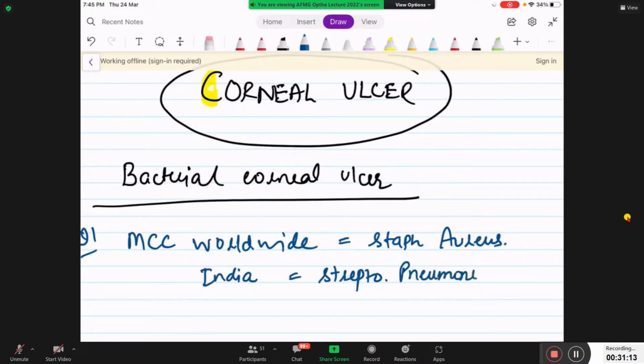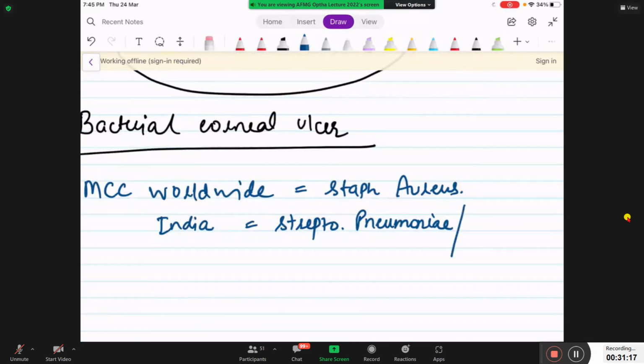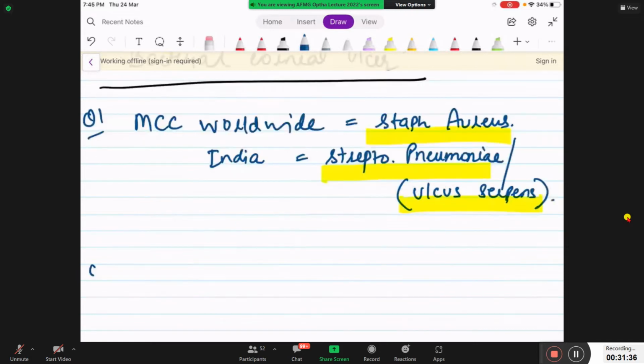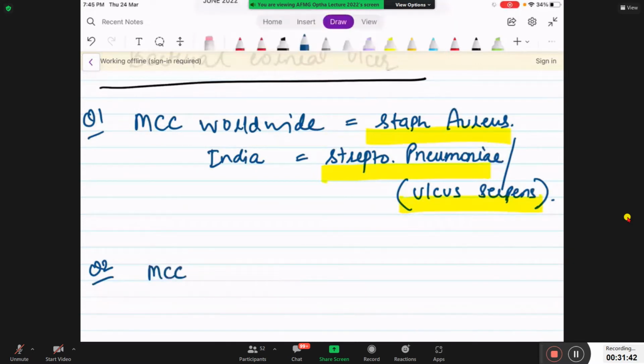Streptococcus pneumoniae. It is also called Ulcus serpens. Important question. All of them are important. Ulcus serpens. Next, if they ask you most common cause of bacterial corneal ulcer,